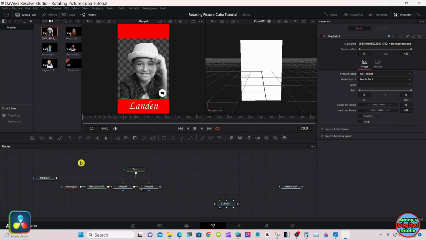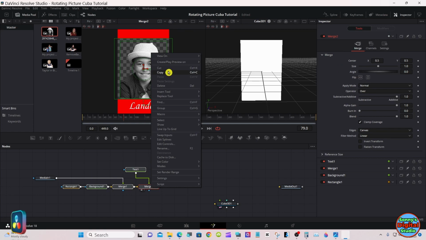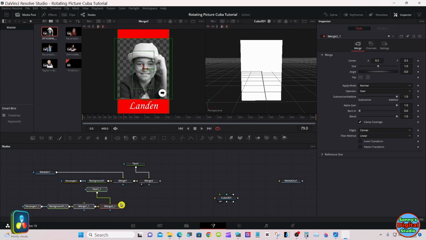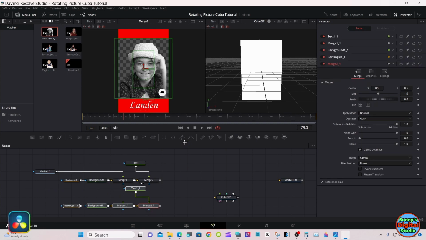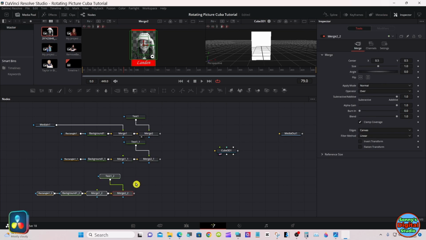Take your media so it's just to the left of everything. Highlight everything. We're going to make 3 more copies of this. I just right click any node, go to the top, hit copy, and then paste. Go ahead and copy it and paste it however you desire, whether it's using your shortcuts on the keyboard or doing it the way I do. And paste them all below the other ones.